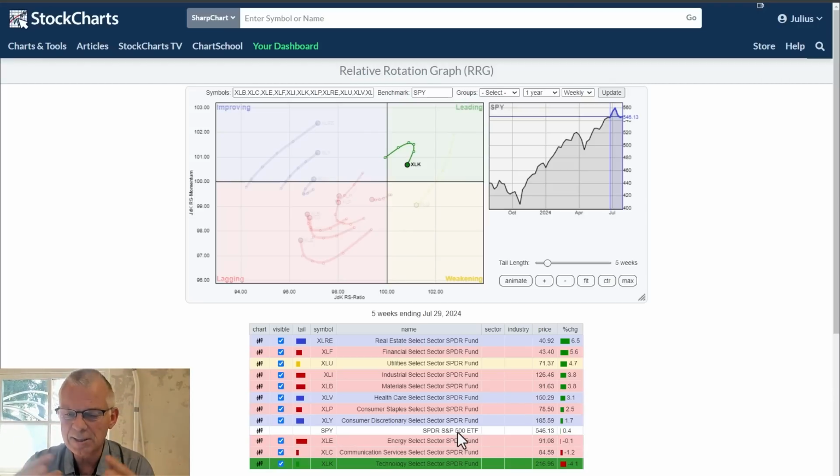This is the perfect explanation of how a broader participation in the market gives a market a good foundation. And what you see here is that the narrow foundation that was technology, and to a lesser degree communication services, they're now rolling over. So that's a big part of the market that's rolling over. And all the other stuff is moving up.